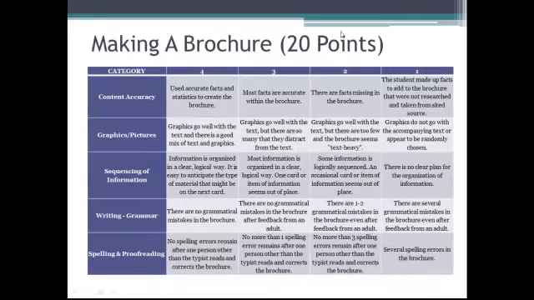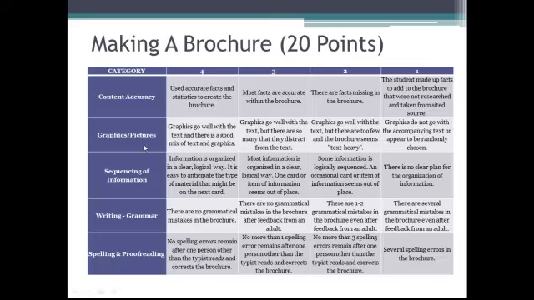Next, I'm going to talk about the rubric for your brochure. This is one of the visual aid options that you can use. Again, you have your categories. This one's worth 20 points. Here they are. The first one, content accuracy. Again, accuracy means it's specific and true. You didn't just make something up and put it in your brochure. Next,